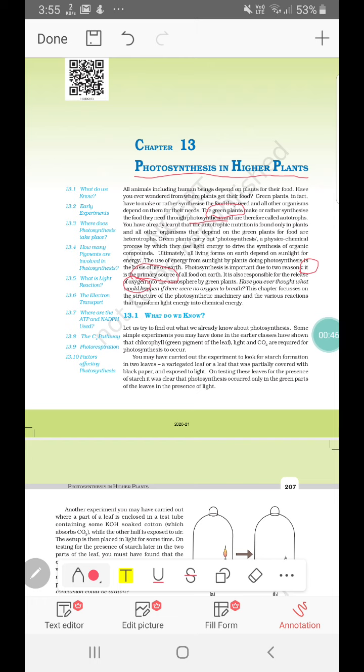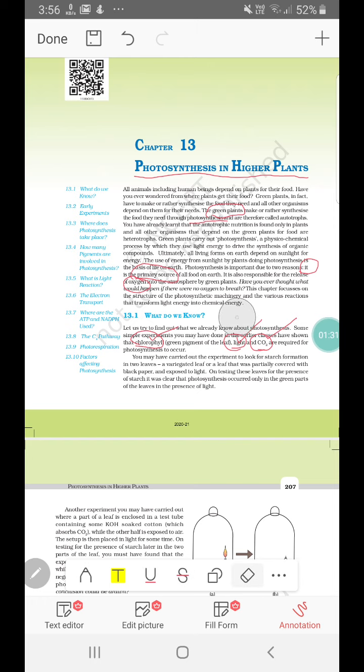By now, we know that the raw materials or the essential things for photosynthesis are chlorophyll, light, carbon dioxide, as well as water. There were a lot of earlier experiments which showed the importance or the nature of photosynthesis, wherein it was shown that chlorophyll is important, light is important, and carbon dioxide is also important. To test for light, leaves were kept in dark for some time, and then kept in light, and then the comparison was done to see the importance.